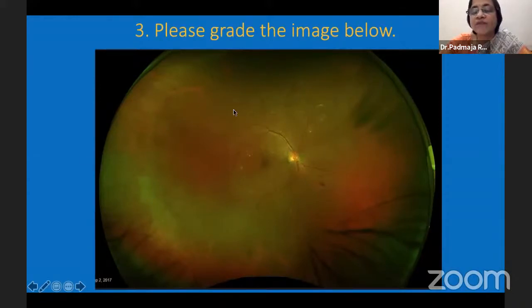Whenever you see a fundus photography, you have to grade in two ways. One is, what is the diabetic retinopathy? Is it mild, moderate, or severe? And what is the macular edema? Your answer will have two components: one about diabetic retinopathy classification and one about DME classification. When we discussed diabetic retinopathy, we said that there has to be some lesions like hemorrhages in all four quadrants, then it will be severe NPDR. And when you have hard exudates approaching the macula, then we say it is diabetic macular edema, which could be moderate. So anyone answers?